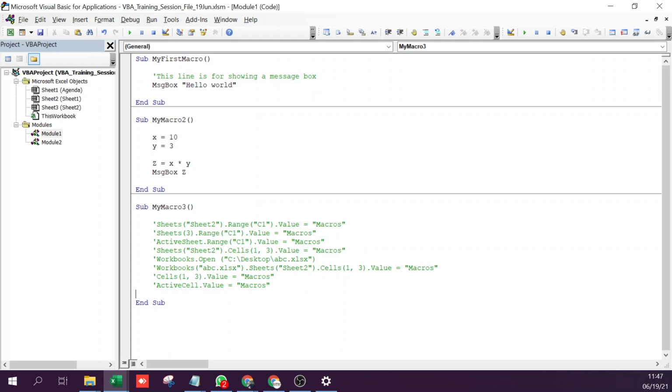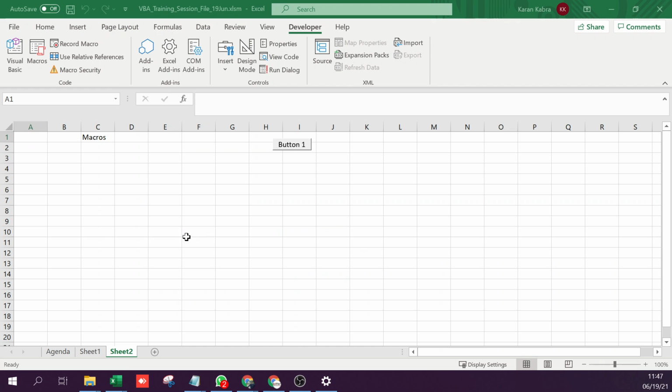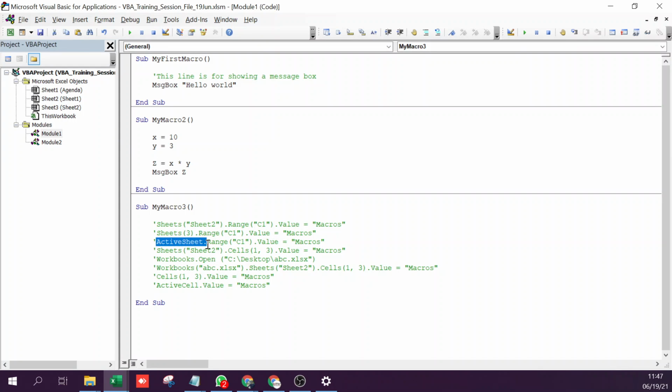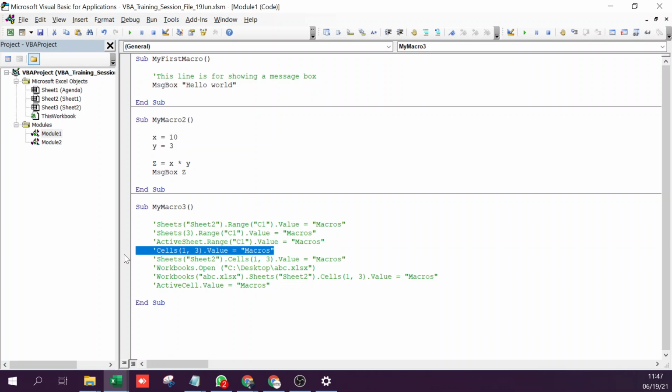So these are all different variations of how you reference Excel objects. This is very important, and let us look at it once again. Sheets, name of the sheet. So variations to sheet, this is the first variation. This is the second variation, which is the number, the index of the sheet or the order of the sheet from the left. Mind you, if I move this here, this now becomes sheet number 1. Okay. ActiveSheet, to work on the sheet that is currently active. This will work on the active sheet as well. So actually you don't even need to write this.